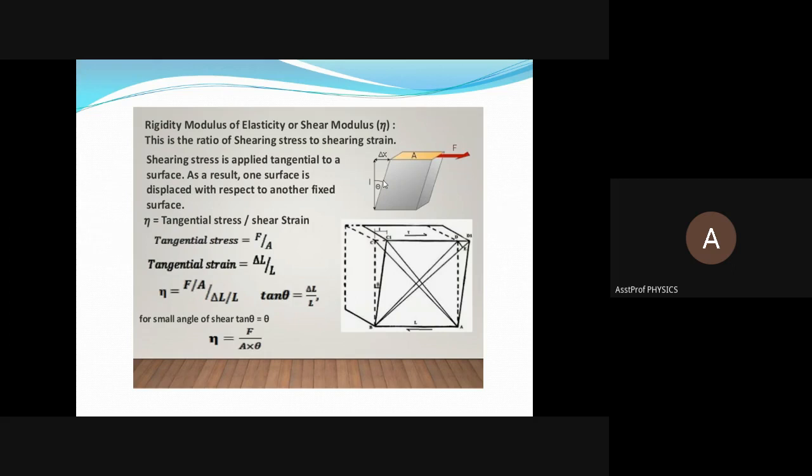Okay, so the rigidity modulus, we call the symbol eta, is equal to tangential stress by shear strain. So tangential stress is F by A, the force per unit area, and the shear strain, that is delta tan theta வச்சு measure பண்ணுவோம். Okay வா? See the last line. Eta is equal to F divided by A into theta. Theta is the shear strain, where theta is equal to tan inverse delta L by L dash. The changes are considered to be very small. Very small என்னும்போது tan theta can be written as theta only. In most cases in physics, for small values of theta, the tangent or sine or cosine values are considered to be theta only. Okay. So eta is equal to F by A into